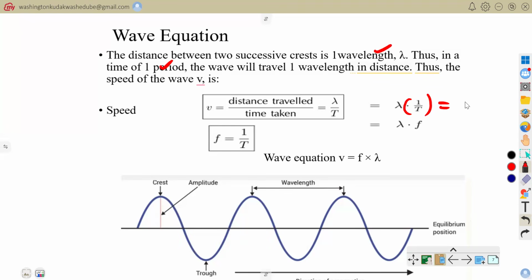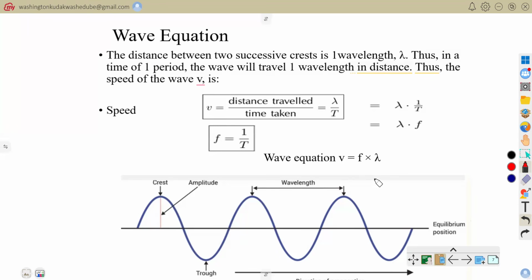This simply translates to the theorem which says that our wave speed can be defined as the wavelength of a wave times the frequency of the wave. This is what we define as our wave equation, where the total speed of a wave can be given by the